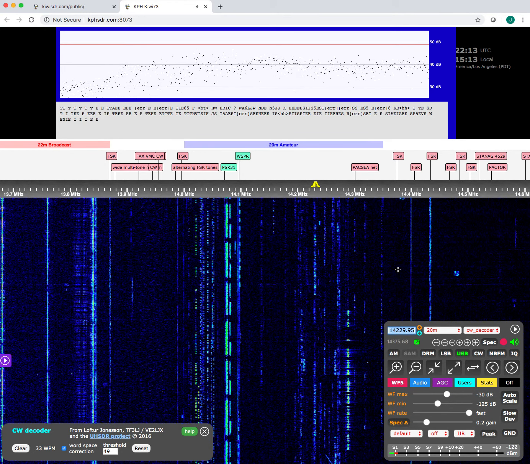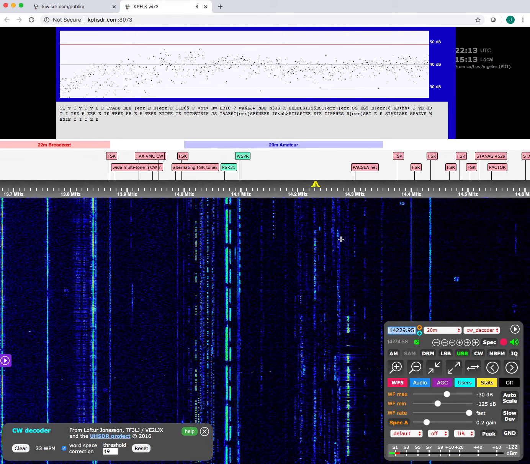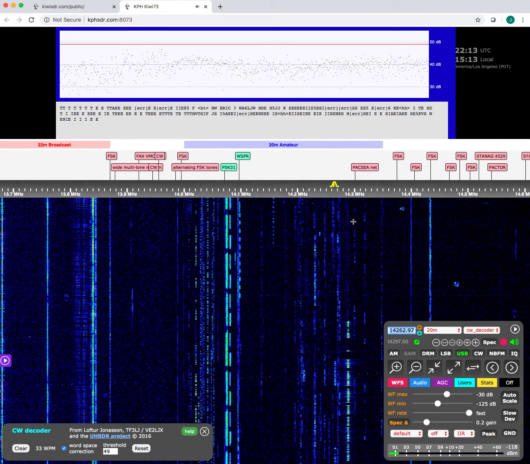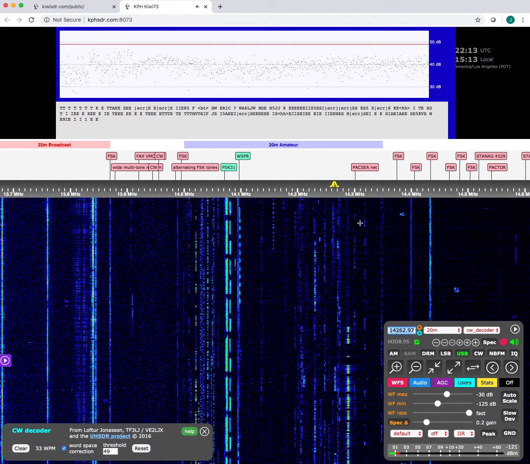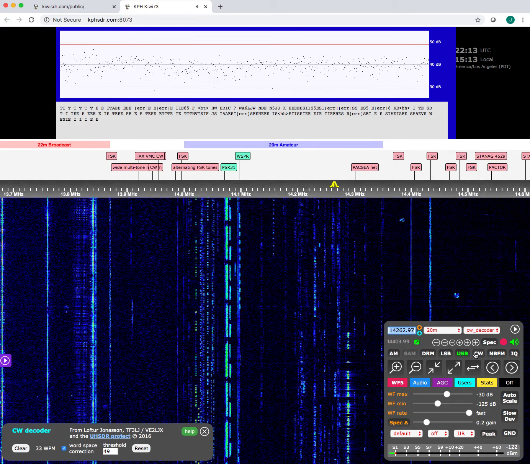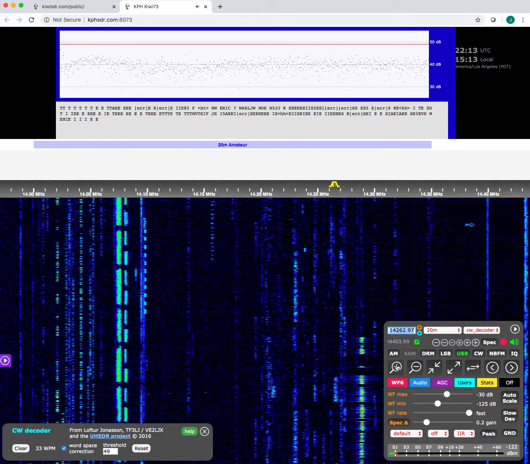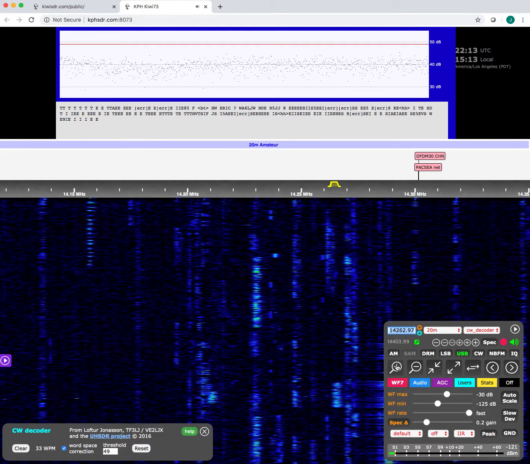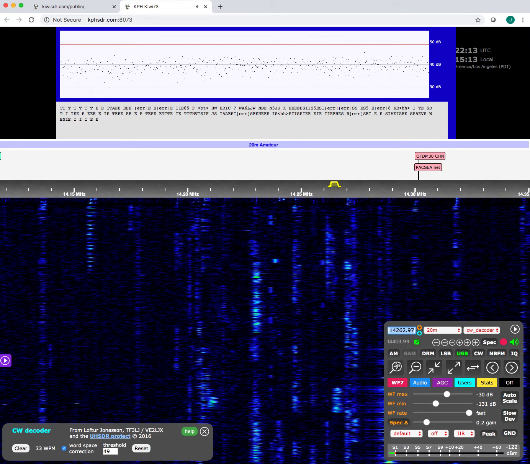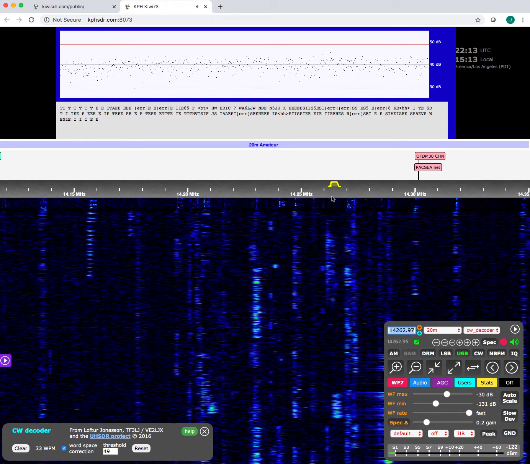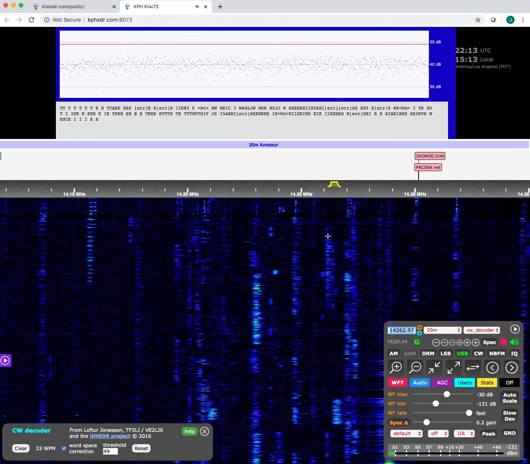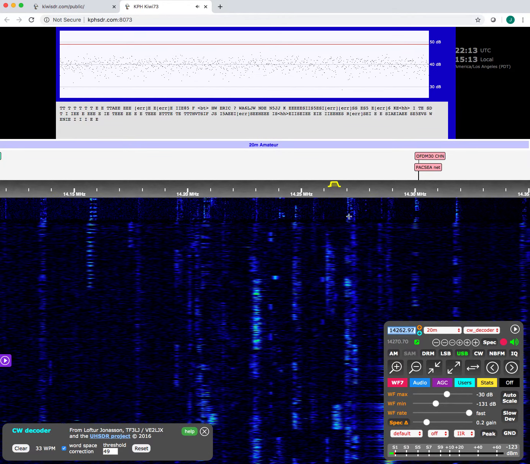Some people on there. Let's try right here. Let's dial down here. Since this is upper sideband, you want to get this little part here right on the lower part of the signal. So if I click right here,